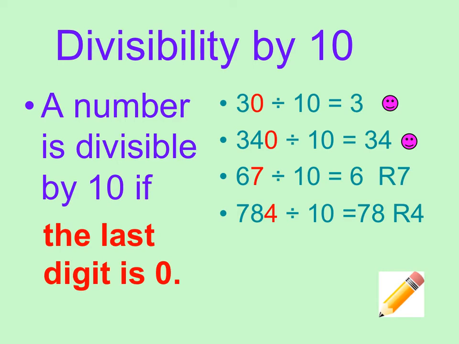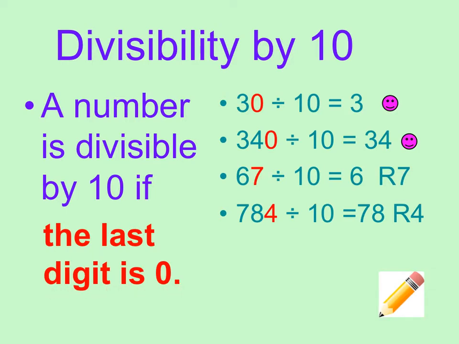What about 10? When you multiply by 10, you know that the number always ends in a 0. So any number that ends in a 0 is divisible by 10. Fill in your notes so that it tells you a number is divisible by 10 if the last digit is